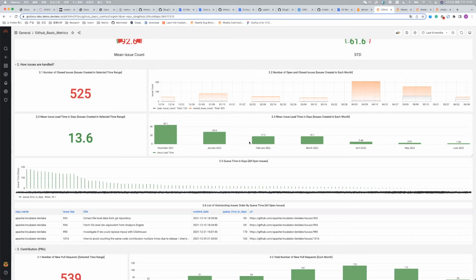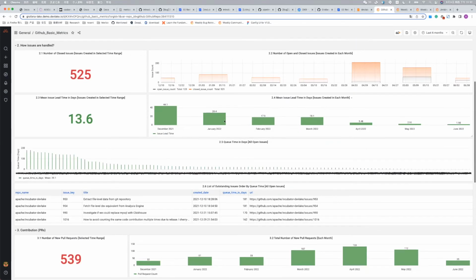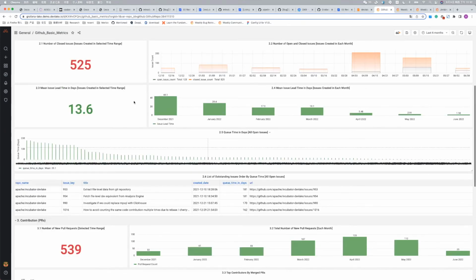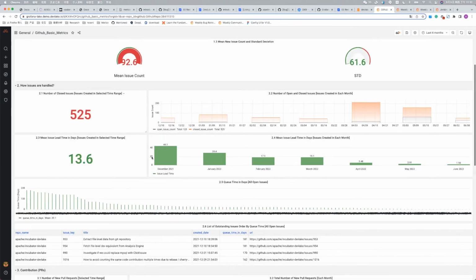Yeah, we can do better. We can definitely do better. But in 2.4, we can see this number, this metric, over time, and it's getting better and better during the last 6 months. And in 2.5 and 2.6, after we have looked at all the closed or open issues,